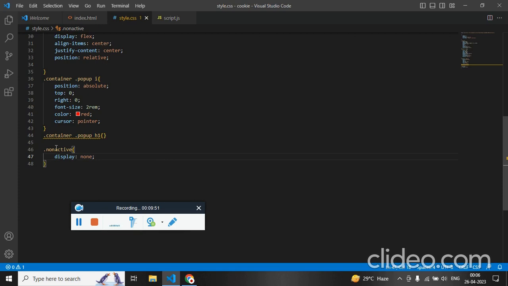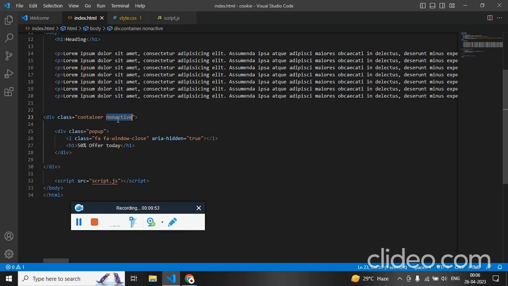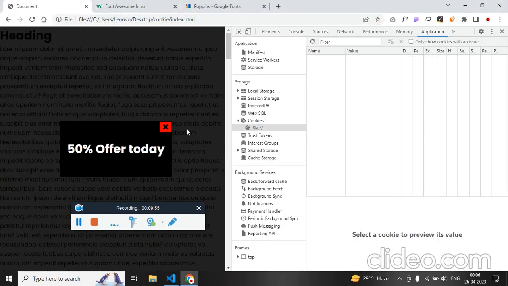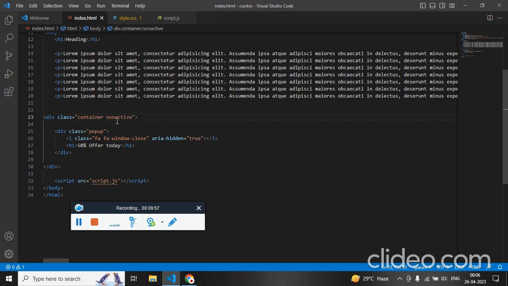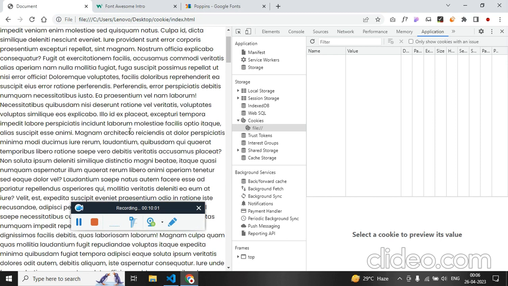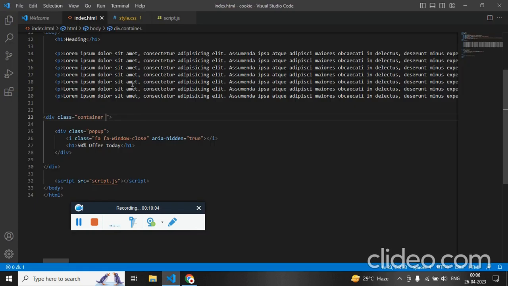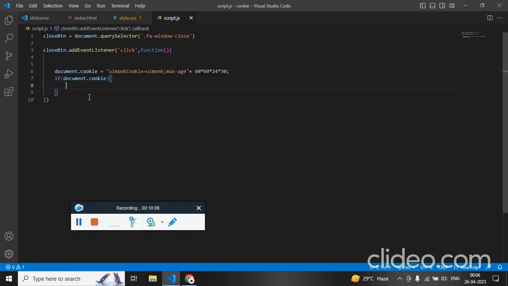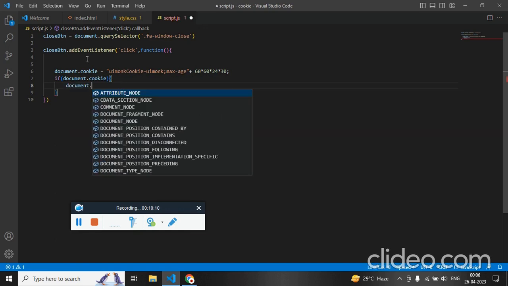By default, the non-active class I have, let me just remove this. If I remove it, you will see the pop-up. But if I have the non-active class on the container, you can see the whole screen. Now what I'm going to do is, once I click on the X button, I want the container